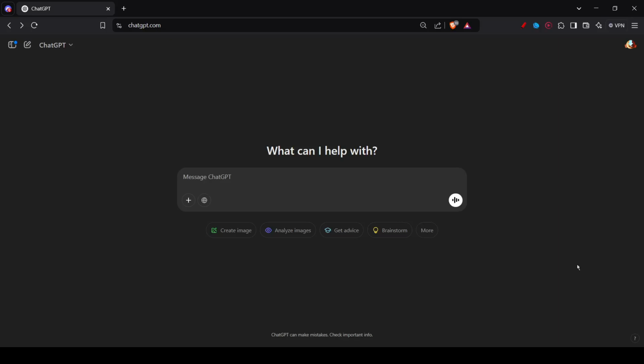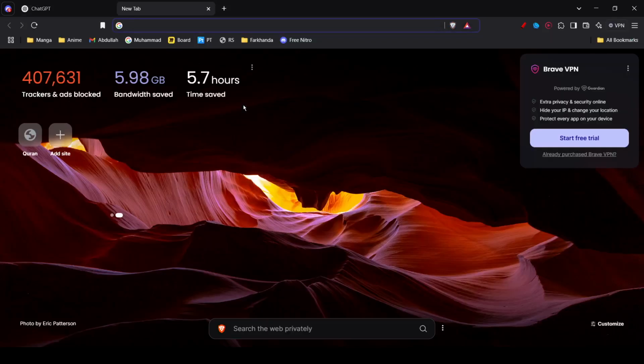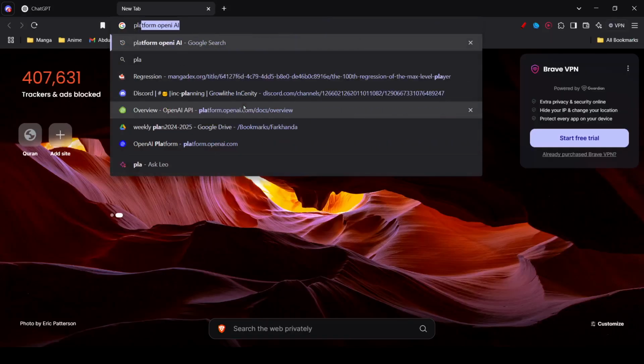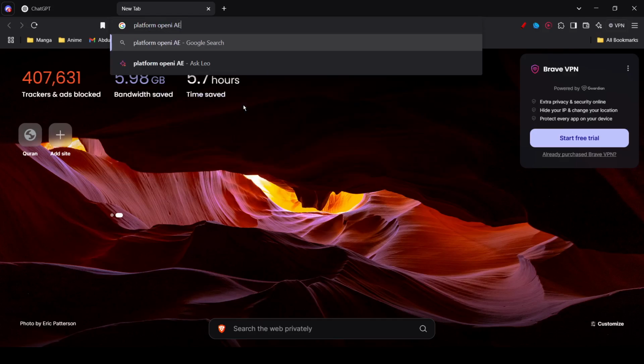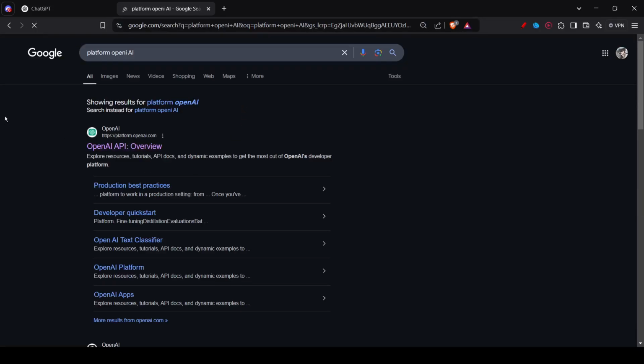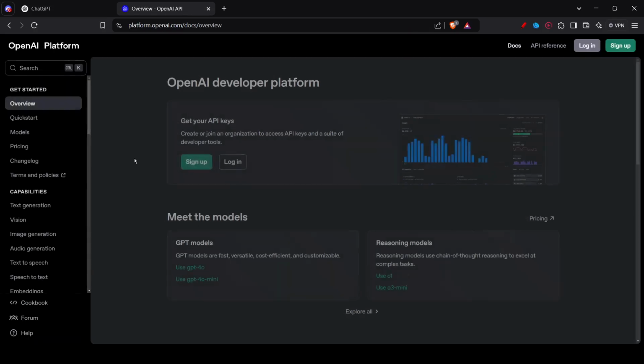In this video, I'll be guiding you guys on how to use the ChatGPT API key. So first thing, you'll go into your browser and search up platform OpenAI, right? And then you'll click on the website, OpenAI API overview, first link basically, and then you'll need to log in